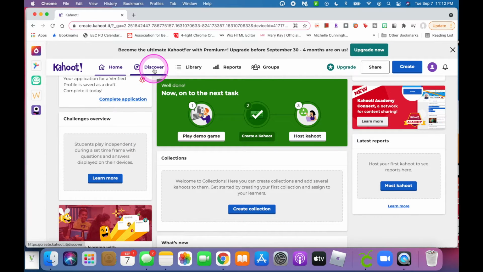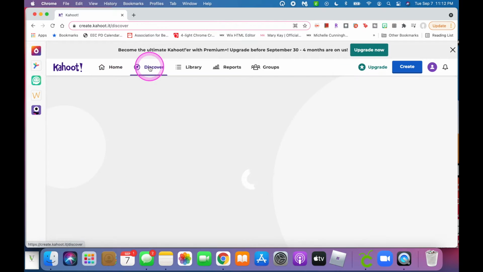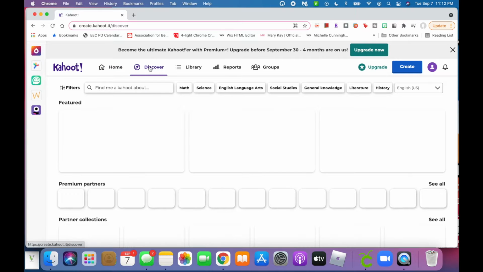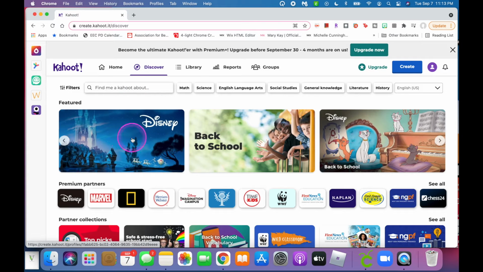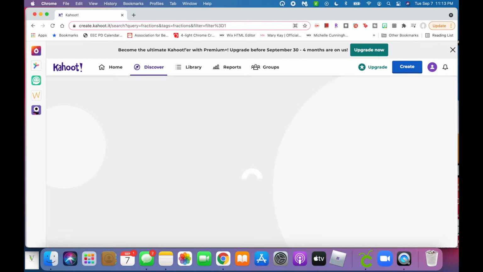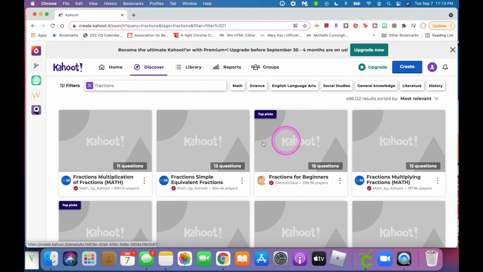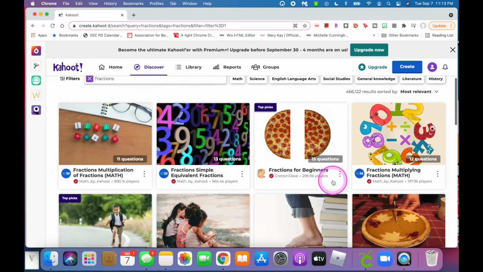Before we make our own, I'm going to show you how to discover. Discover is for when you want to use something that somebody else has already made. Disney is a popular one. Let's type in fractions and click that, and it will show you all the different types of fraction Kahoots that